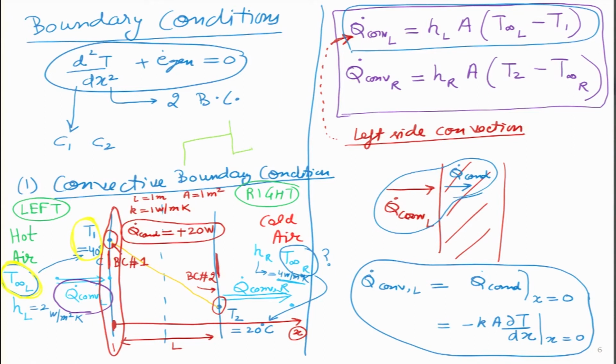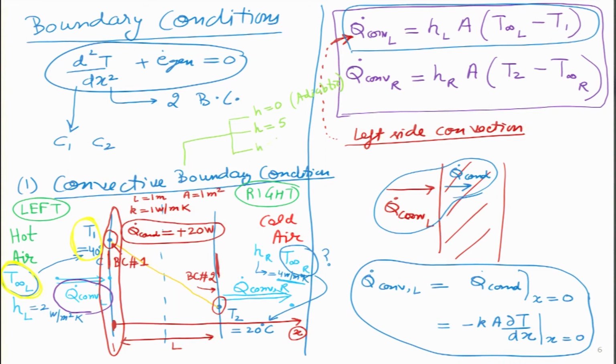Let me go back and very quickly say one thing, that this convective boundary condition can itself split into 3 cases very easily, and that depends on the value of h. If I make h some normal finite number like 5, 10 or 20, then it remains a convective boundary condition. What happens if I make h equal to 0? We will learn later on, it will become the adiabatic boundary condition, because no heat is actually transferring from the air to the wall. So, it is acting like an insulator.